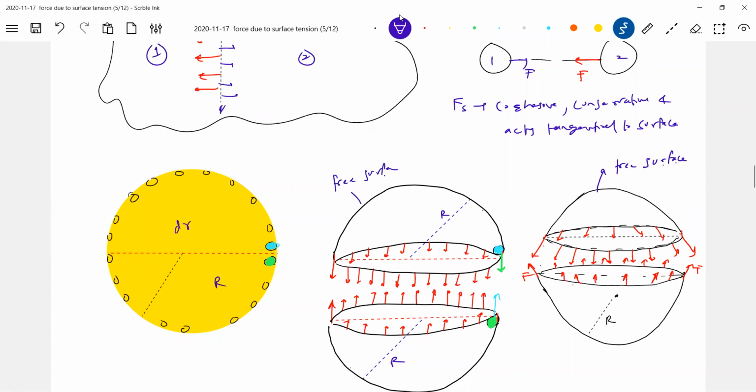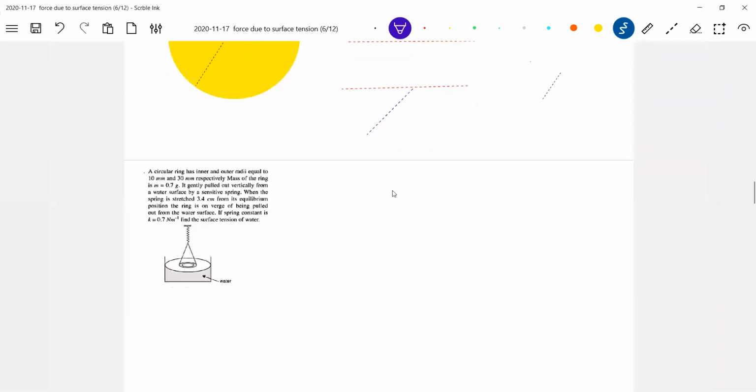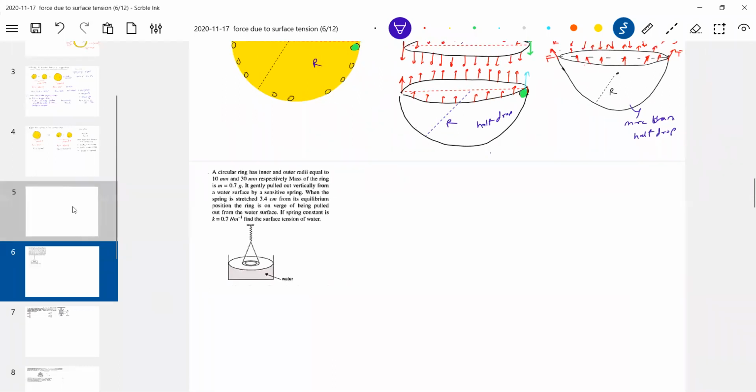What we are talking about is a liquid dropper. It's a drop, a half drop. This is a part of a drop. Can we call this by some name? I don't know. Less than half drop, more than half drop. Fine, so let's go for the next condition. Angle of contact, we'll discuss some theory on that one.